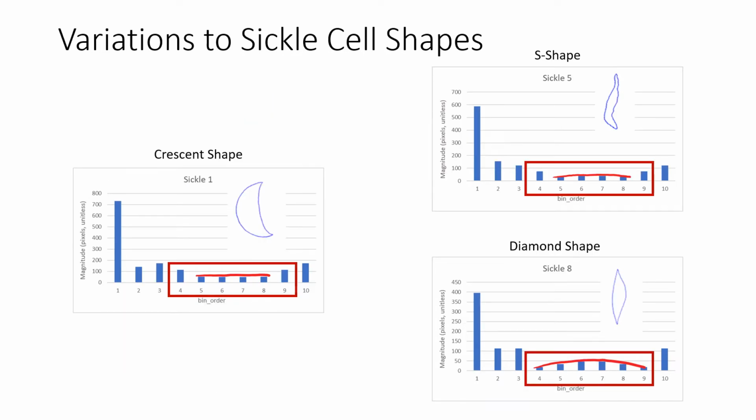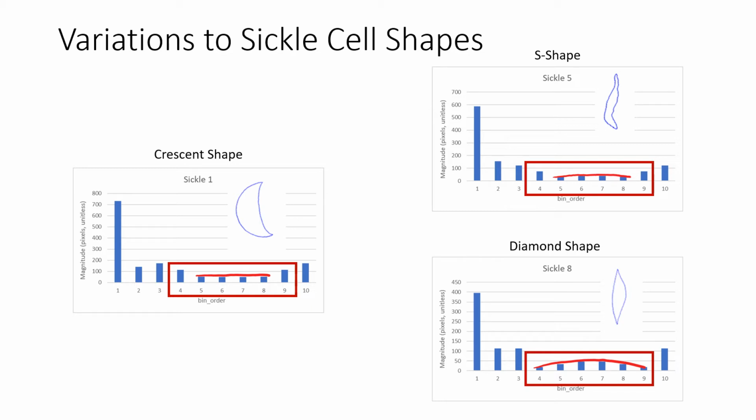Another important trend found in this set of sickle cell drawings is the changes in FFT plots across different types of sickle cell shapes, particularly in the middle bars, which are boxed in red. In the S shape, the middle bars curve slightly instead of remaining flat as they did in the crescent. In the diamond shape, these middle bars form a clear upward curve. The differences in these highlighted bars are good candidates to create an index to classify these shapes, and